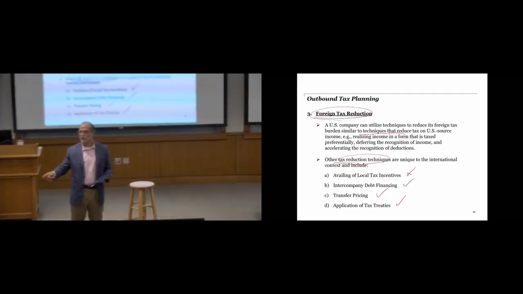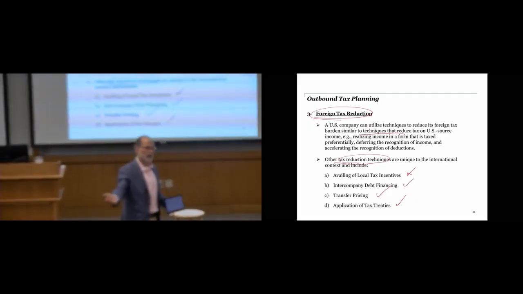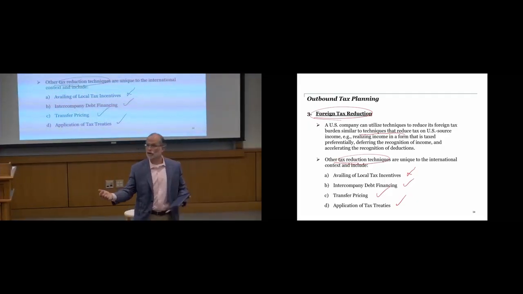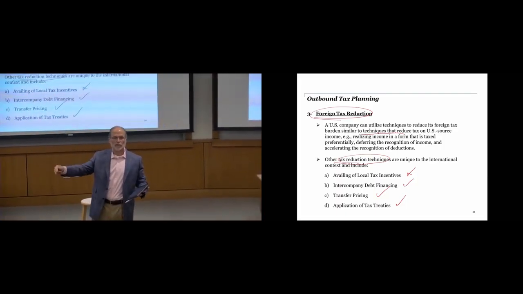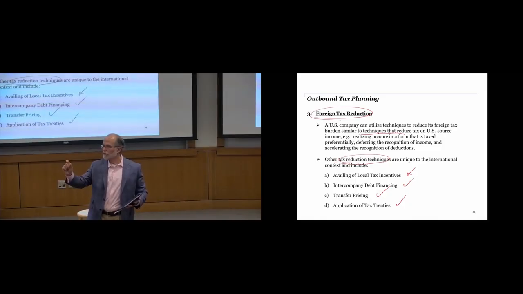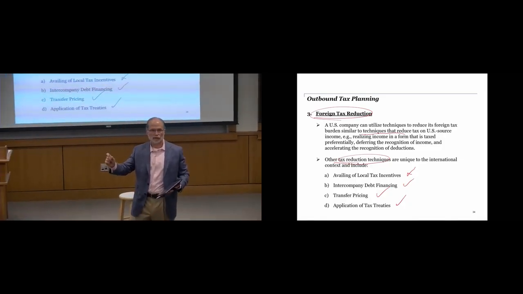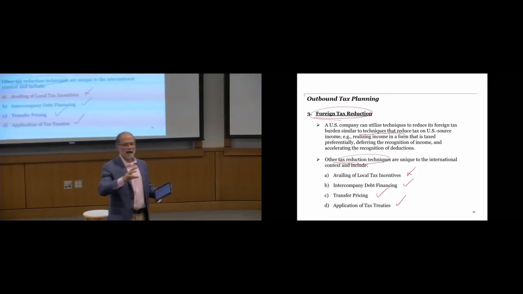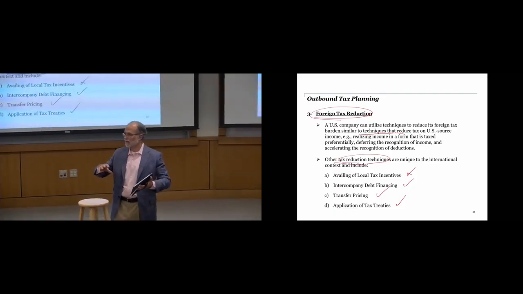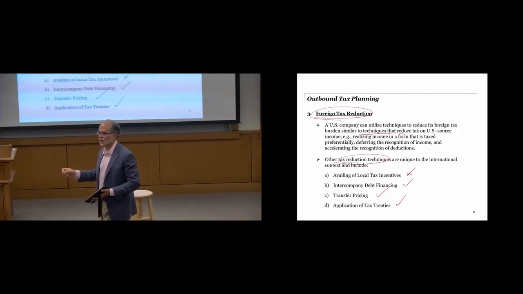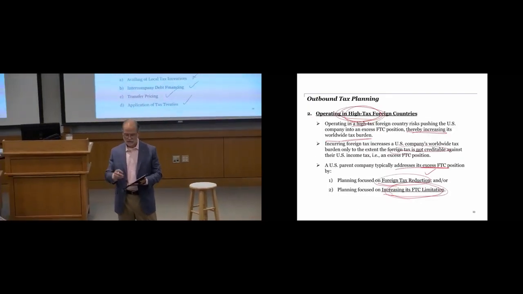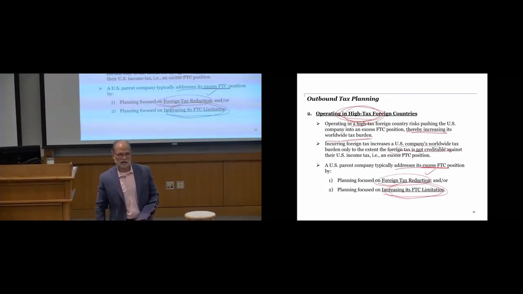So if there are dividends coming back or royalties coming back or interest coming back from, say, Germany, again, there is a treaty between the US and Germany. Am I making sure that I'm applying the right withholding rate? Again, I like to think of these things, if you like baseball, we're starting baseball season, it's singles and doubles. There's not a home run. You're just trying to chip away at it, make a bad situation as good as it can be if you are finding yourself investing in high tax foreign